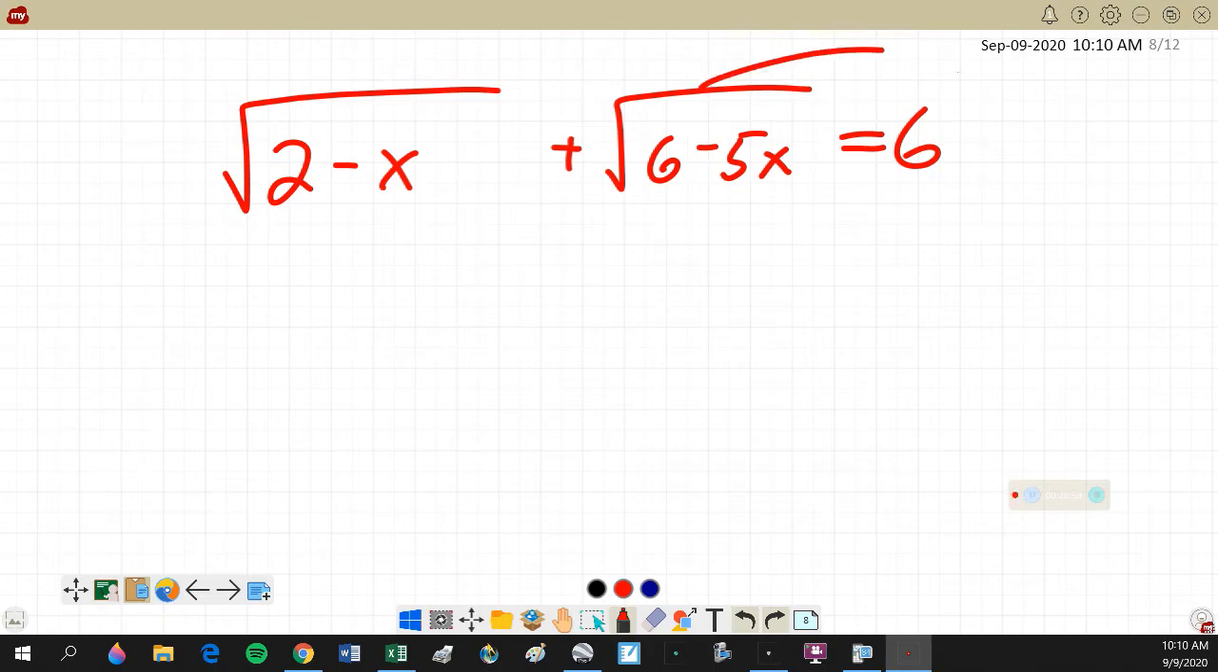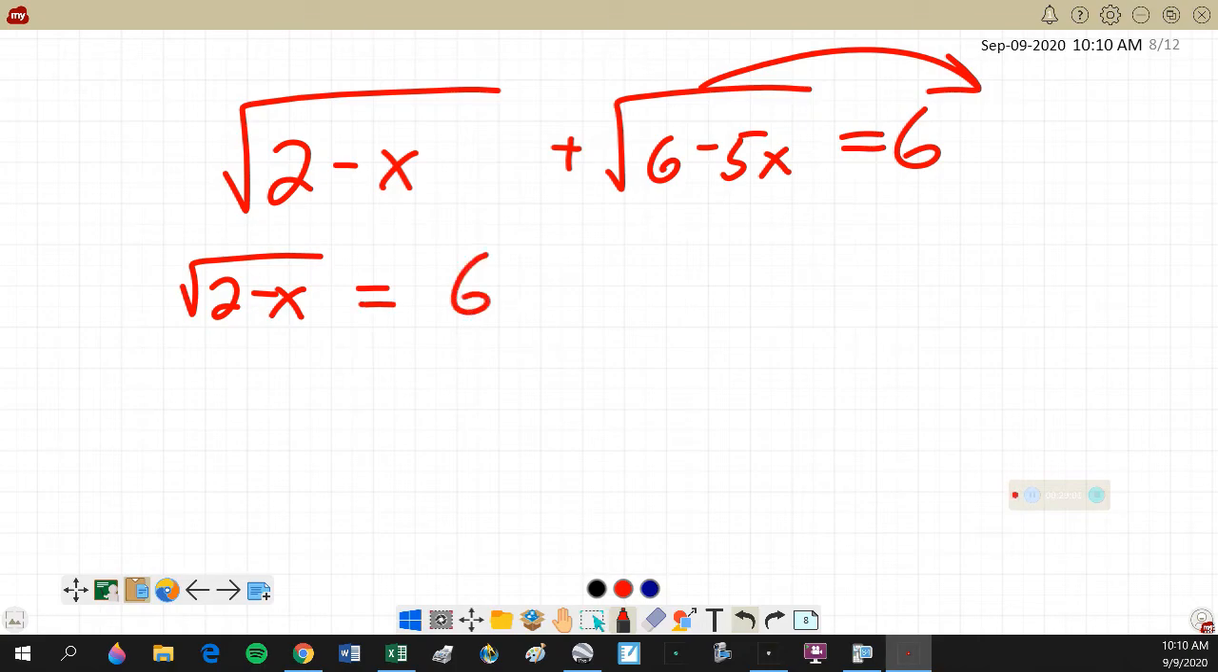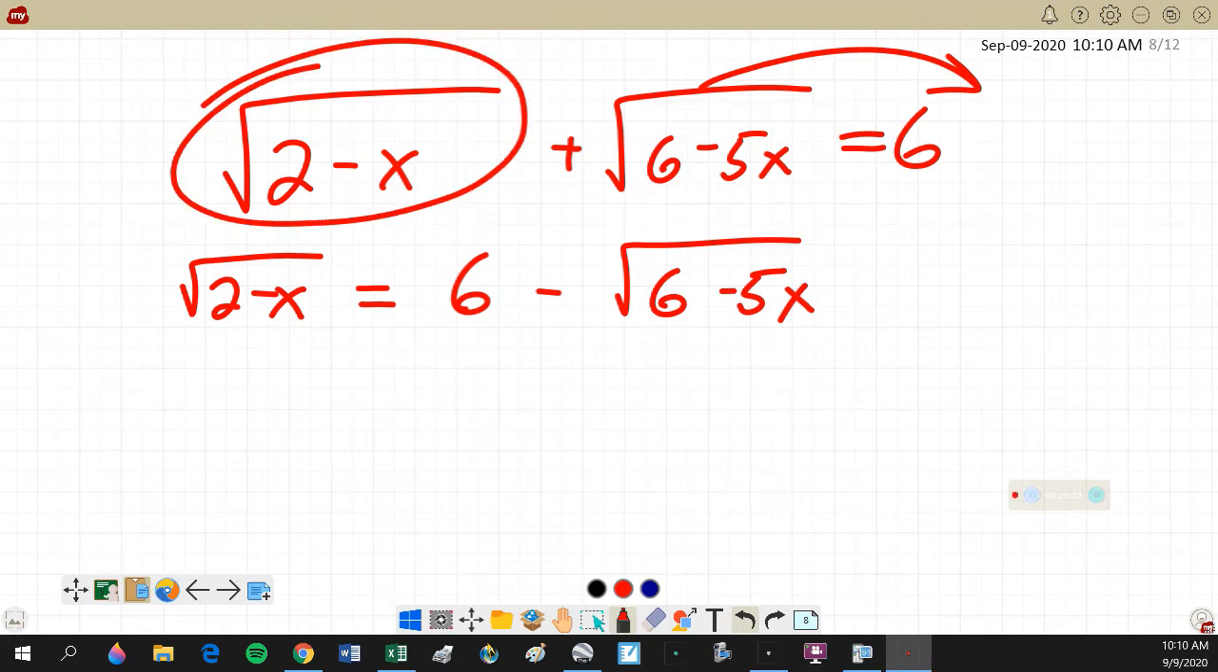So we'll just move this one. And we get the square root of 2 minus x is equal to 6 minus the square root of 6 minus 5x. Everybody understand why I did that? I've determined I want to get rid of this square root to start. So I square both sides,